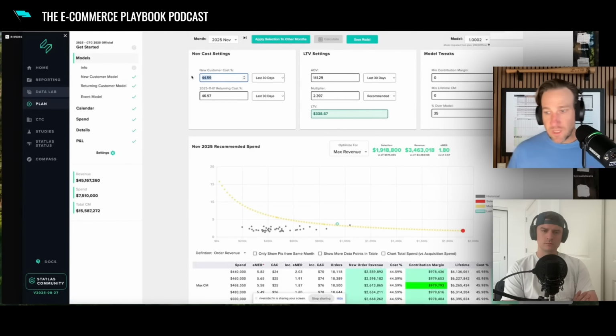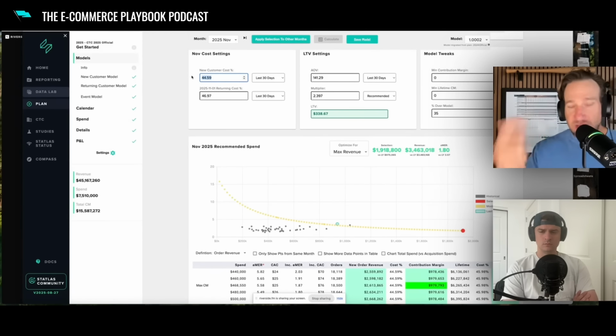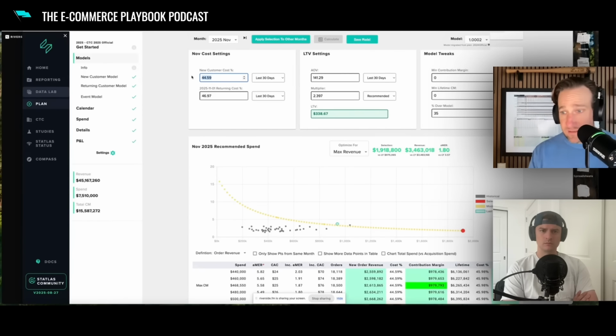Let's assume there's a 20% change in the cost. So that would be about 8 points, right? We've got a 44% cost here. So cost of delivery is about 44% in the example I'm looking at. If that goes up 20%, that's 8 points, right? So 10% would be 4.4, 20% would be 8.8. Let's call it 5 points of margin. And to make it simple, we're just going to go to 52%.